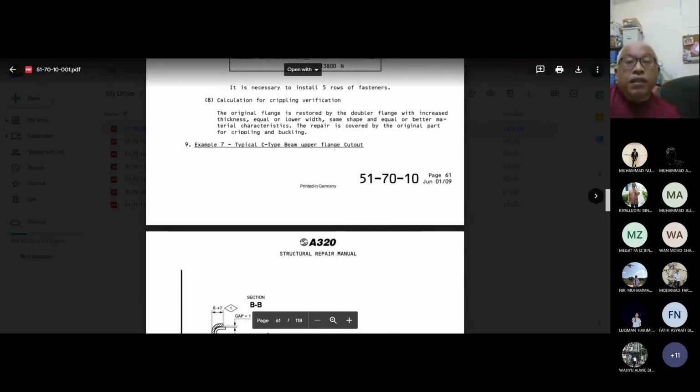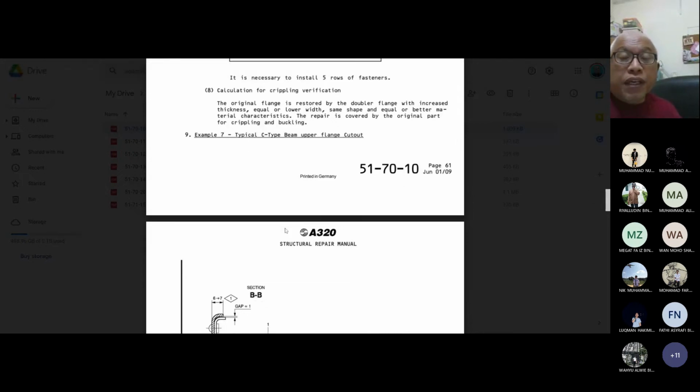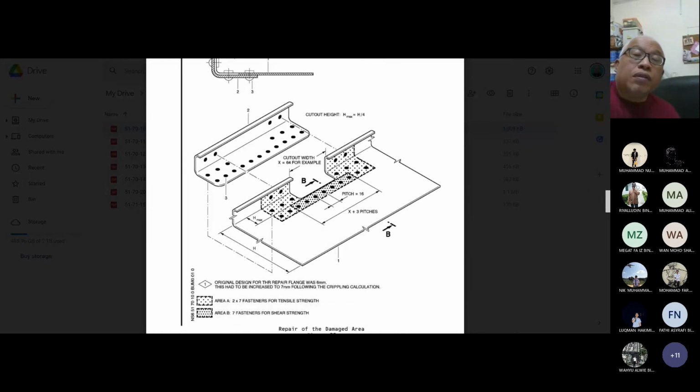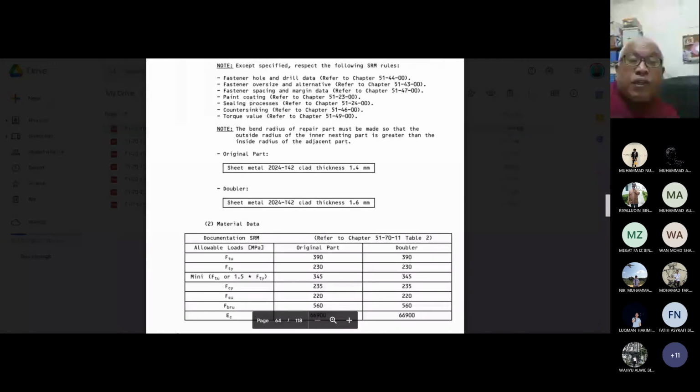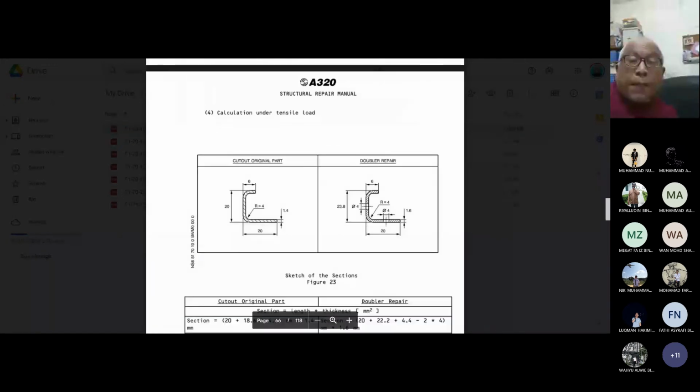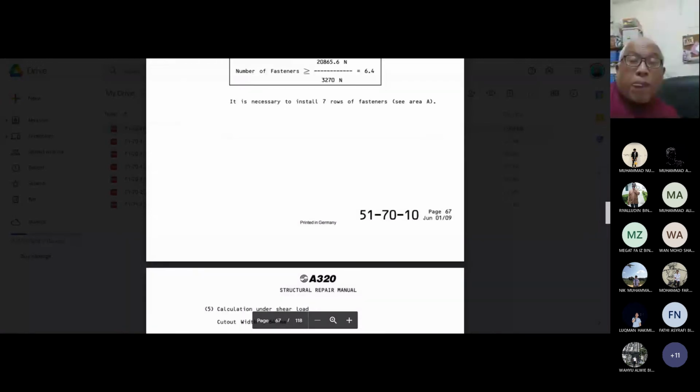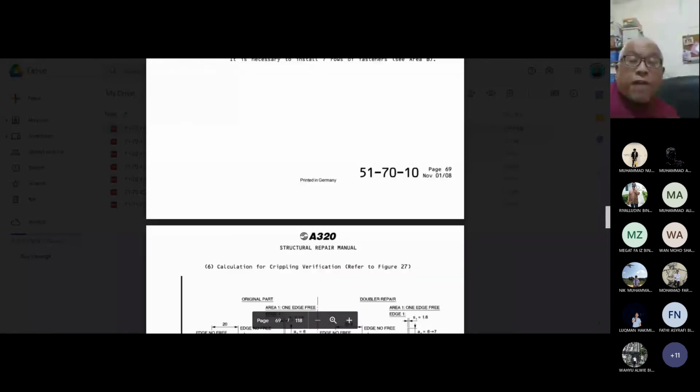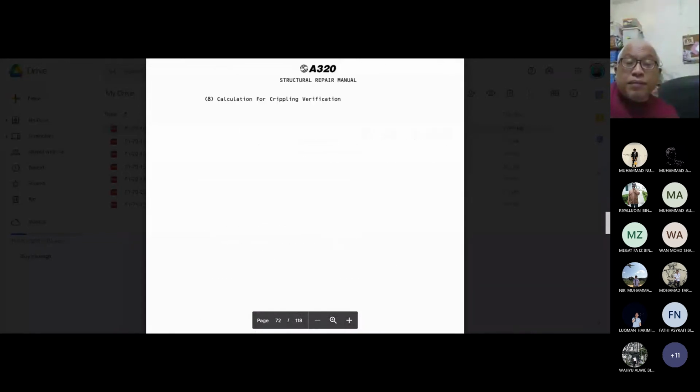Example number 7 is a C-beam upper flange cutout. So this is C-beam because it looks like C, and we have damaged the vertical section, and then they remove the section and install another section of C over the damage. Then we go into example number